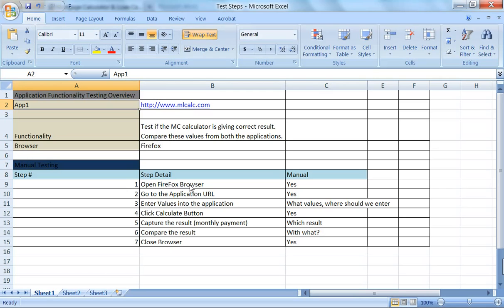And in the manual testing steps, what we have to do: we open a Firefox browser, we go to the application URL, we enter values into the application, then we click on the calculate button, we have to capture the result, the monthly payment, then we can compare the result and close the browser, right? So if you have to perform these steps manually on the application, then you require some information, like